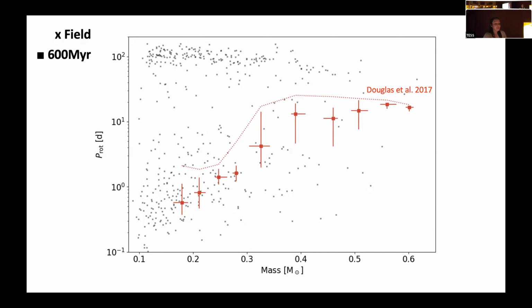So if you want to know when these stars are spinning down, you need to look older. But it's difficult to do this with clusters because in older clusters, you need to look further away, and these very low mass M-dwarfs are very faint, so it's difficult to get the rotation periods. So you want to be able to do this with nearby field stars, but we don't know the age of the M-dwarfs that are nearby in the field. And that brings me to what I've done, which is sidestep this issue by looking at wide field binaries.